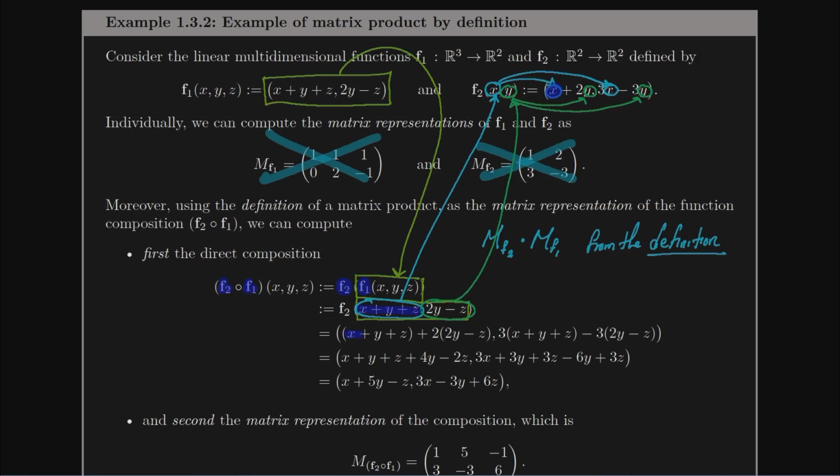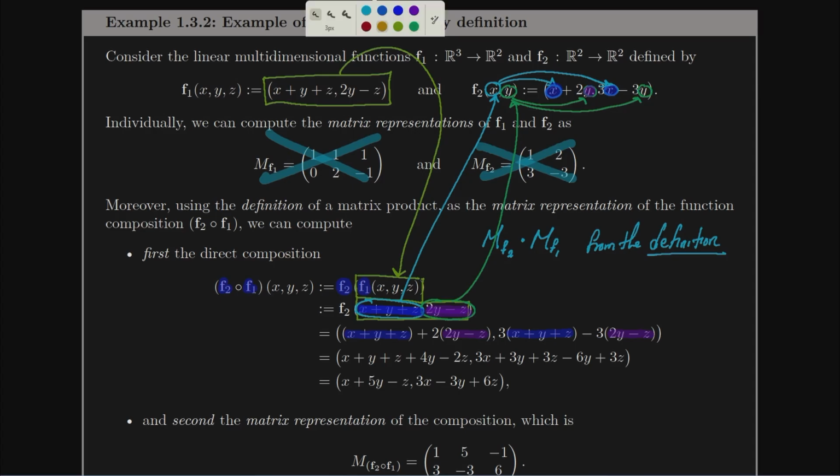So this x becomes x plus y plus z. There it is. And this x also becomes x plus y plus z. There it is. And then this y becomes 2y minus z. There it is. And this y also becomes 2y minus z. There it is. So I'm going to substitute all of those terms in,